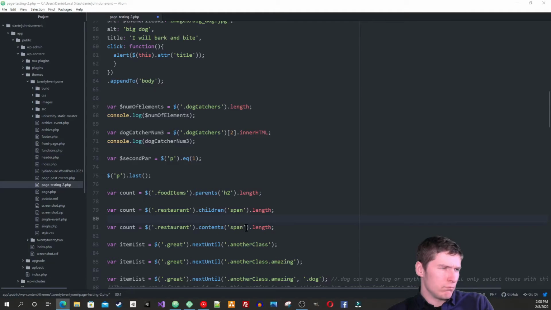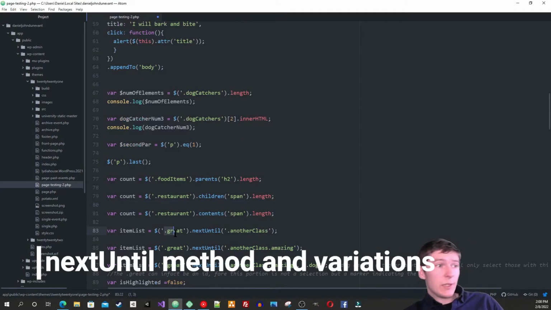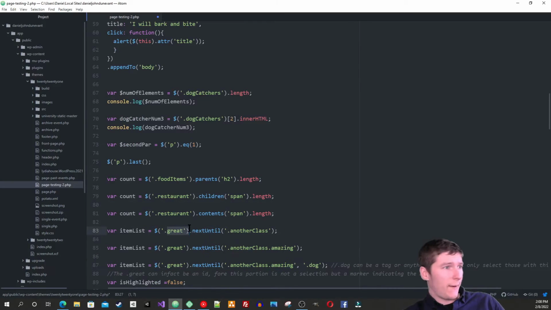It would look for all spans that are not only children, but great-grandchildren and so on and so forth. Okay, so now we want to do nextUntil. So speaking of great, we got great right there. So we got this great element, and then it will keep looking for great elements until